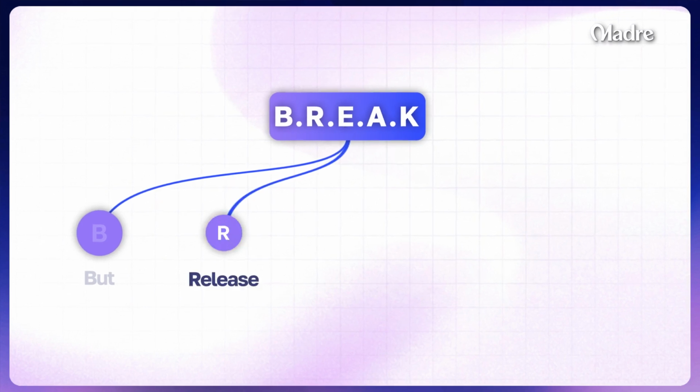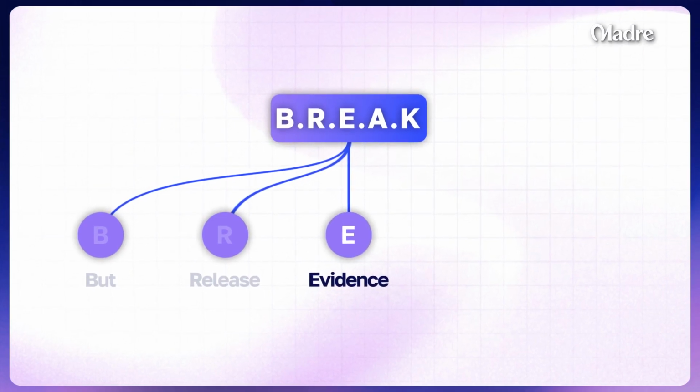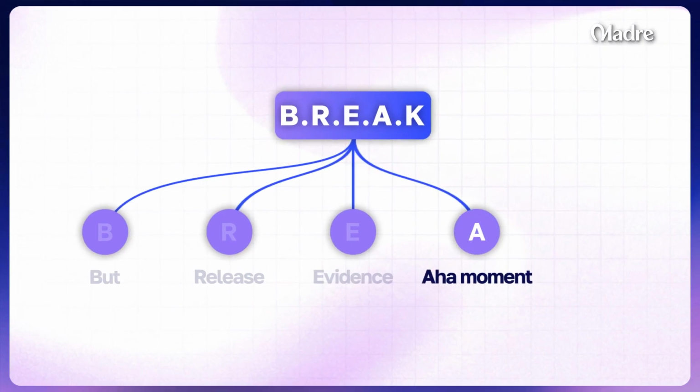We then have R, which is for release. So as I mentioned before, we want to slowly release the information and then move to E, which is the evidence. So why is it that I should listen to you? Now, the E is optional for sections, but you should be explaining to the viewer why they should listen to you over someone else. The way that I like to think about this is, rather than using how to, use how I, and give an example of how you or your company actually achieved what you're speaking about. From there, they'll kind of get the aha moment, which is the A.